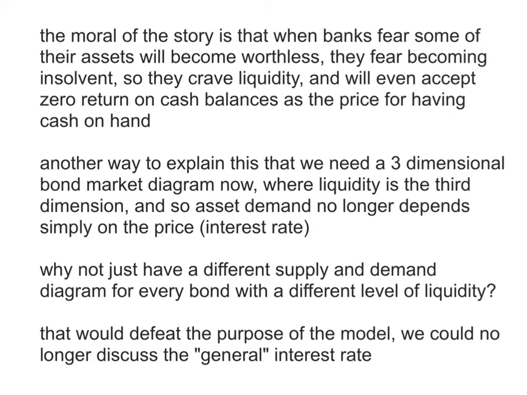And another way to think about this is our traditional bond demand and supply model is a two-dimensional model. There's price on one axis and quantity on the horizontal axis, and there's demand for bonds and supply of bonds, and really there is only one market price behind the scenes that gets determined, and that's the price of bonds. And out of the price of bonds, we get interest rates.